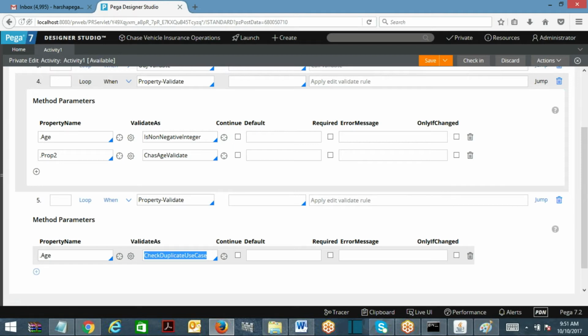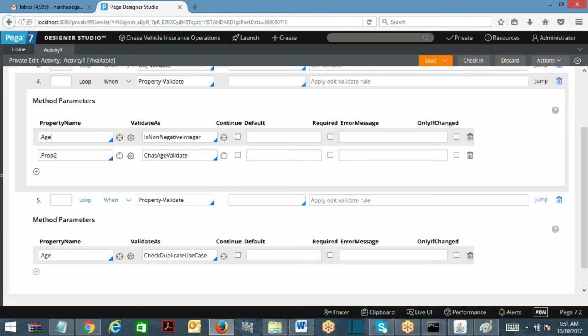Okay, so property validate is going to validate a property with the applied edit validate rule at the business logic level. Now here you have one discrepancy. What is that? In this implementation, from the example we have done and from the code that I have written here, there is some discrepancy that you have to identify. What is that?